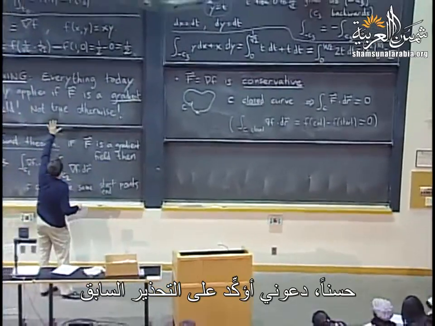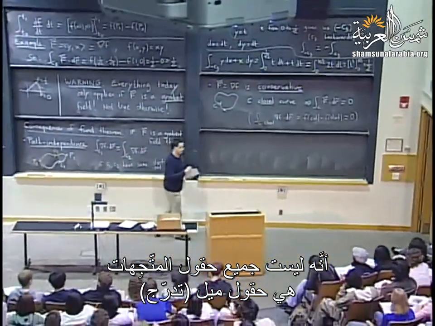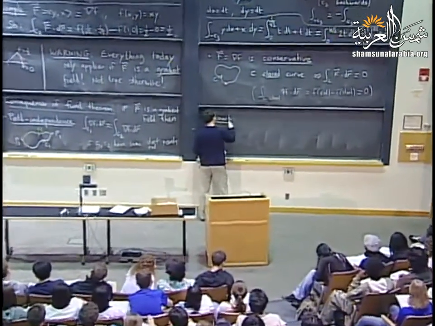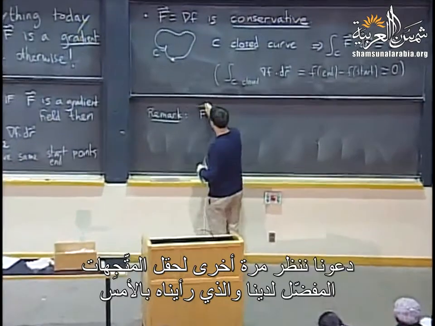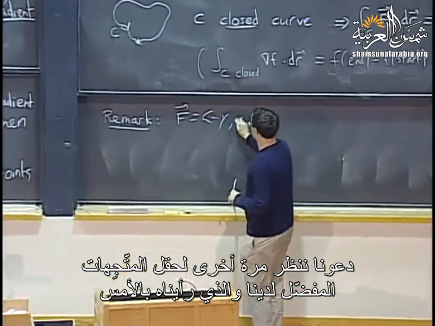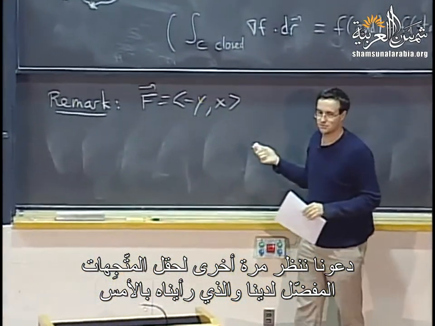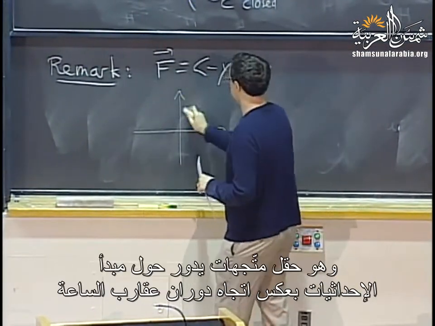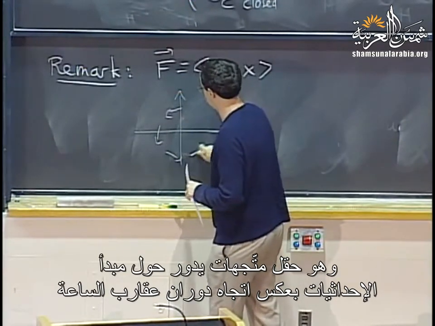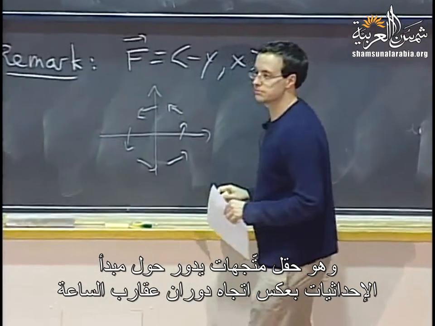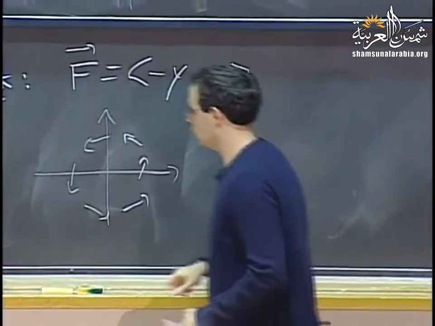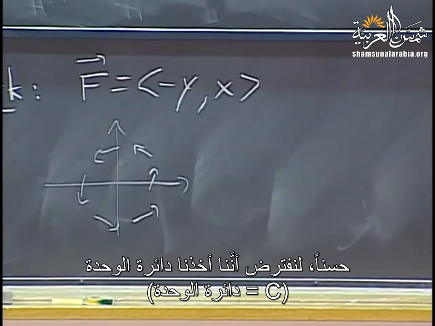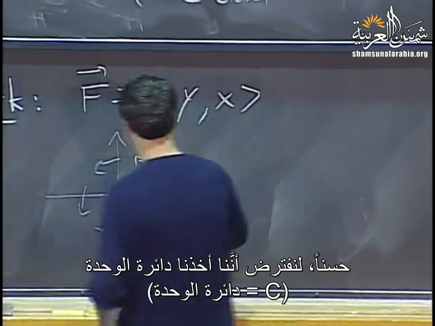So just to reinforce my warning that not every field is a gradient field, let's look again at our favorite vector field from yesterday. So our favorite vector field yesterday was negative y and x. It's a vector field that just rotates around the origin counterclockwise. Okay. Well, we said if you take, say you take just the unit circle,